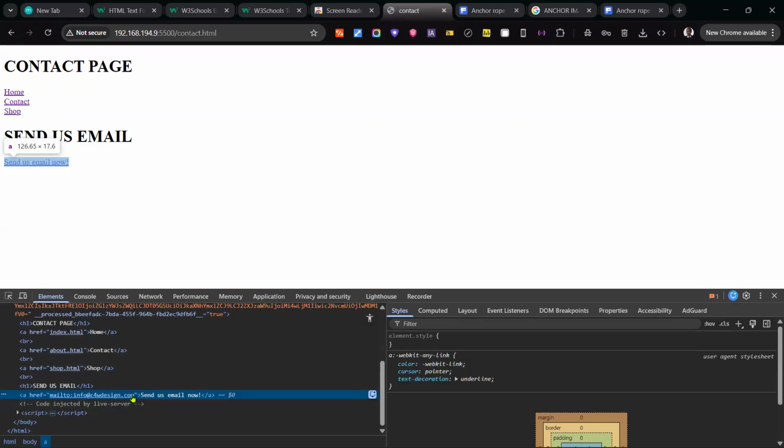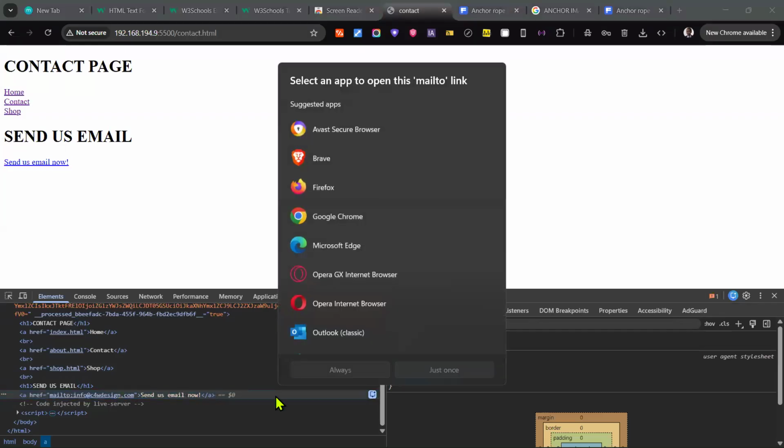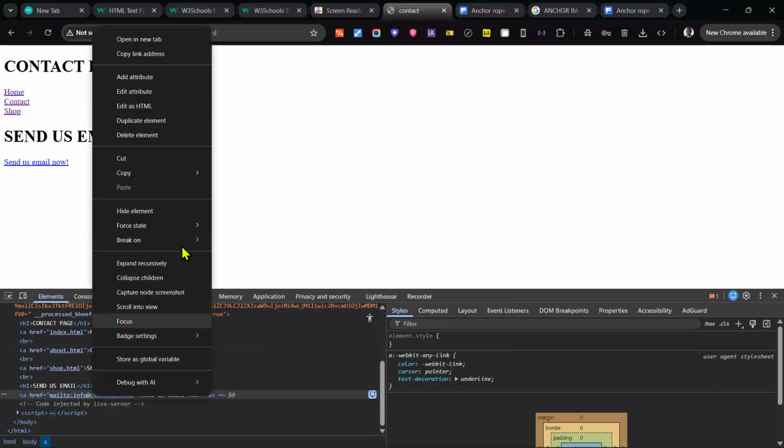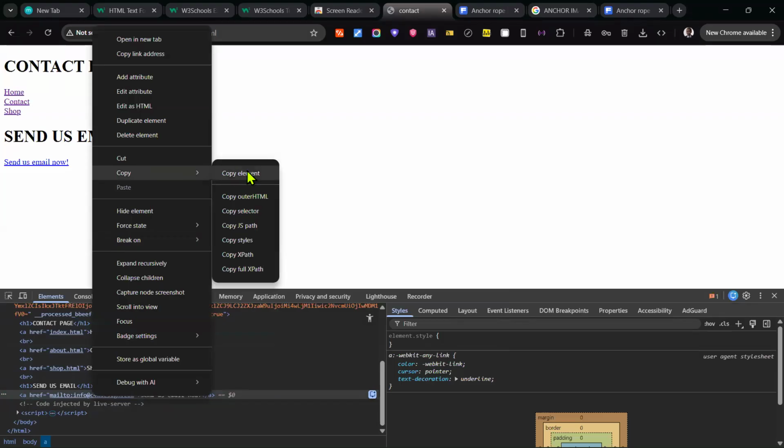You see, can you see it? So the person can just go inside and then click on here, or maybe the person can just go here and then copy. The person can just copy,